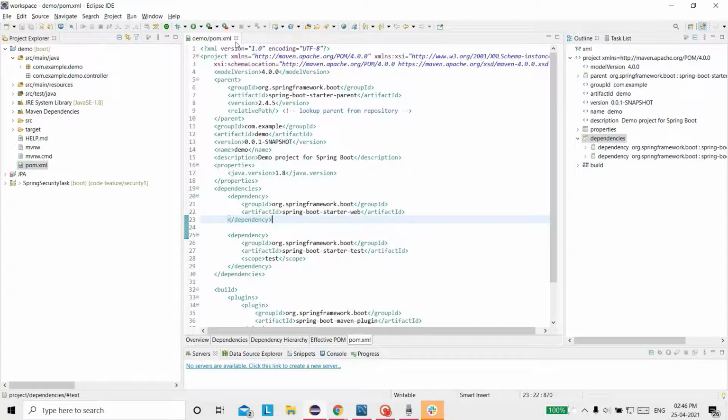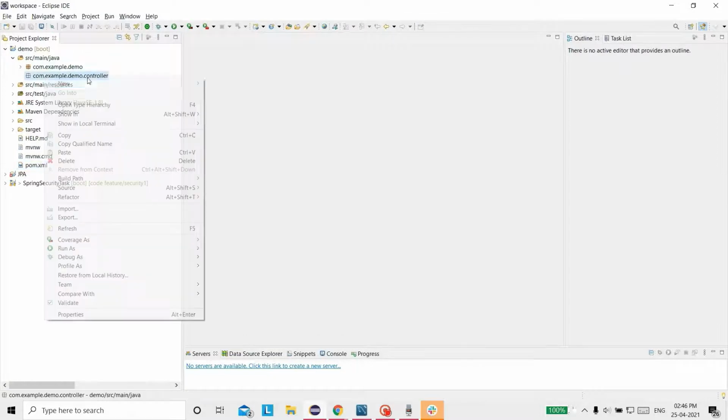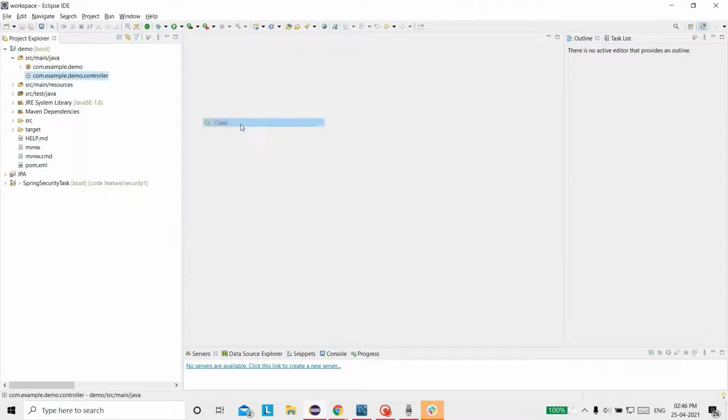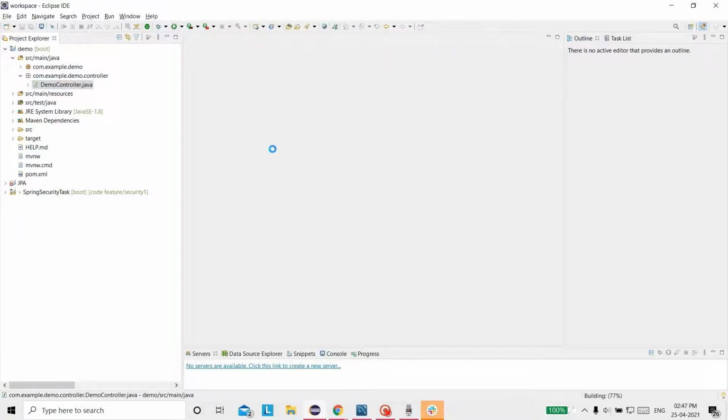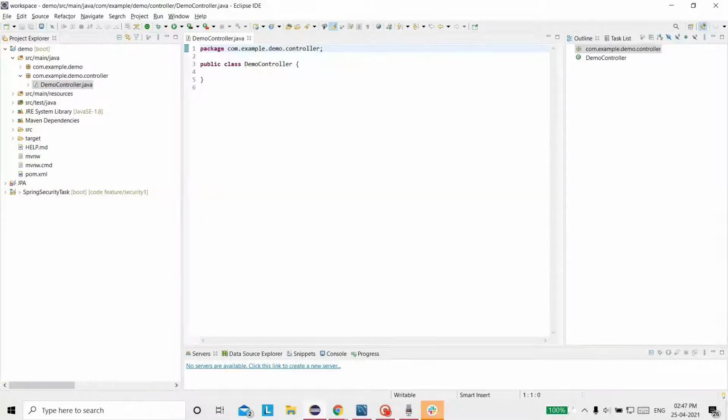Okay, now we will create one controller class, DemoController. For creating a REST web application, we can use @RestController.